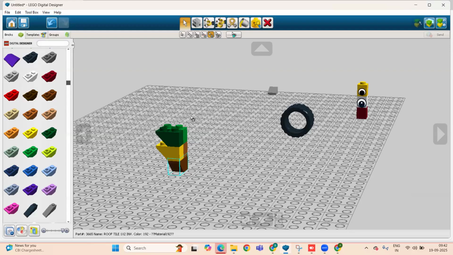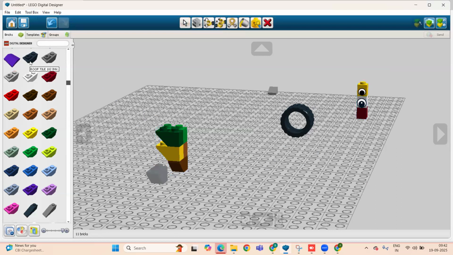If I am using shape selection, then you can see all are selected because all are in the same shape. Doesn't matter what color it is. Okay. And if I'm going to select this one, all are selected because all are in the same shape, right?